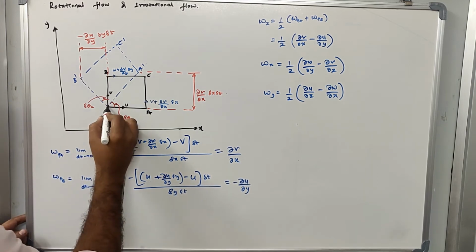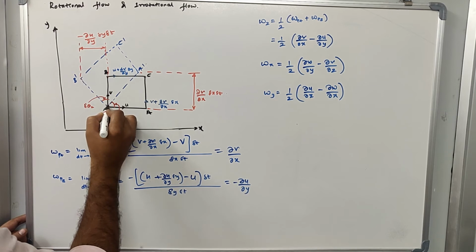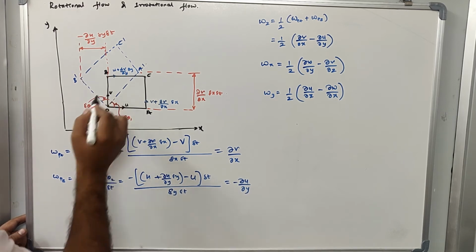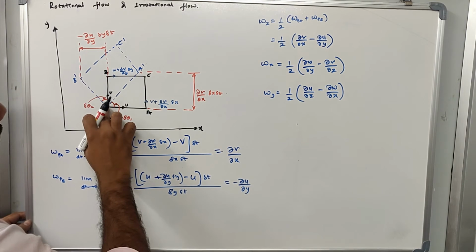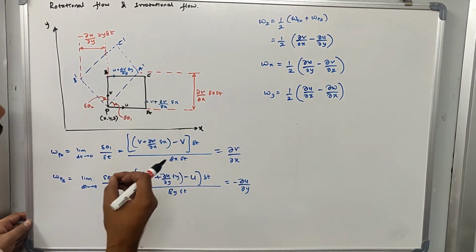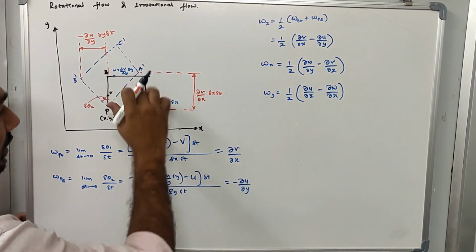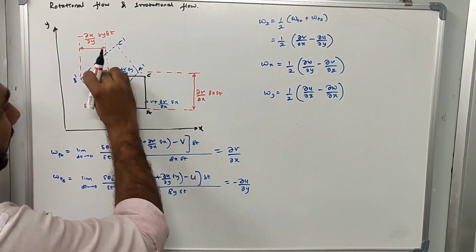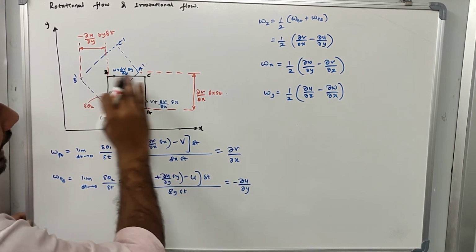The velocity at the point P in the direction of x is u. The velocity in the direction of y, we'll call it v. So the components of velocity in x and y direction are u and v at point P. Now we'll go to point A. At point A, I would like to define the velocity in the y direction. Again I'll go to point B. At point B, I'll define the velocity in the x direction.